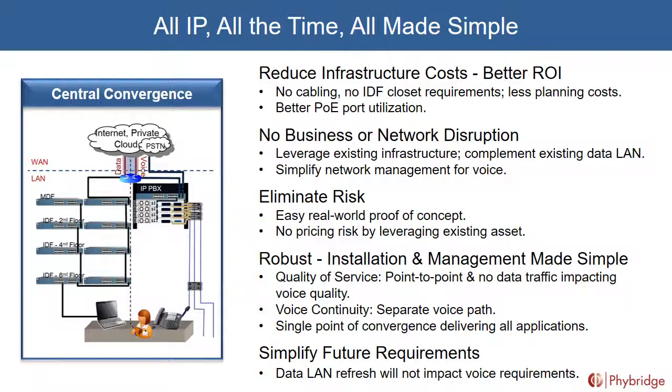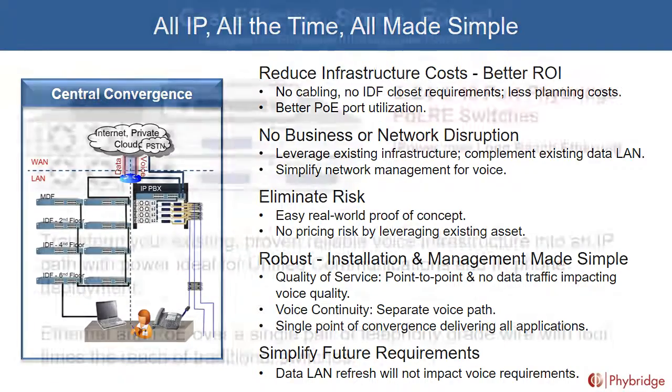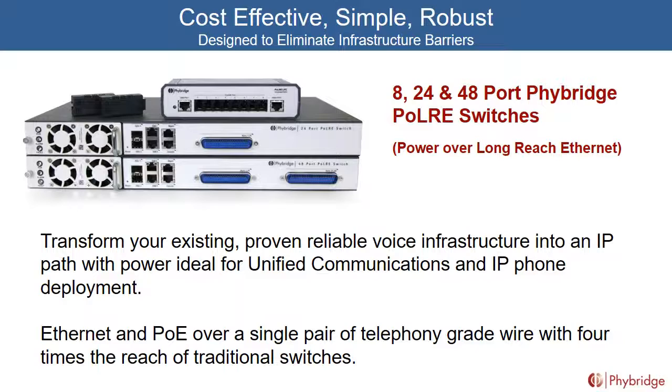This introduces the switch, the concept that you have. It's a LAN switch, but it's not just a LAN switch. Can you talk about that? Absolutely. So as it says here, we've got a way to transform that existing reliable voice infrastructure into an IP path that's ideal for IP voice. The difference between a traditional LAN switch and our switches is the connectors on the downlink side. As you can see, we've got our 48-port model at the bottom with 2 of the RJ21 Amphenol connectors. We've got our 24-port model on top of that with a single RJ21 Amphenol connector.